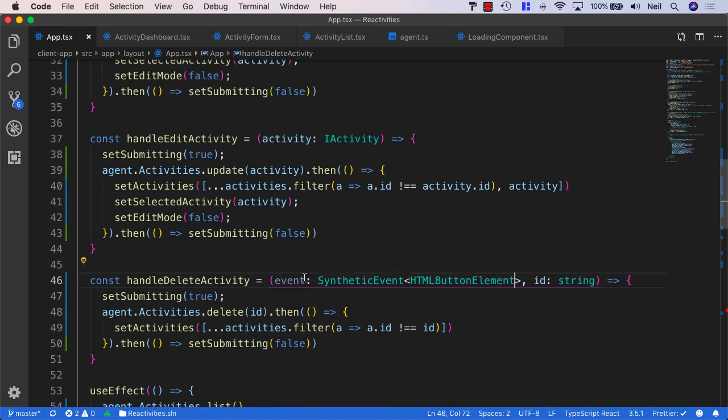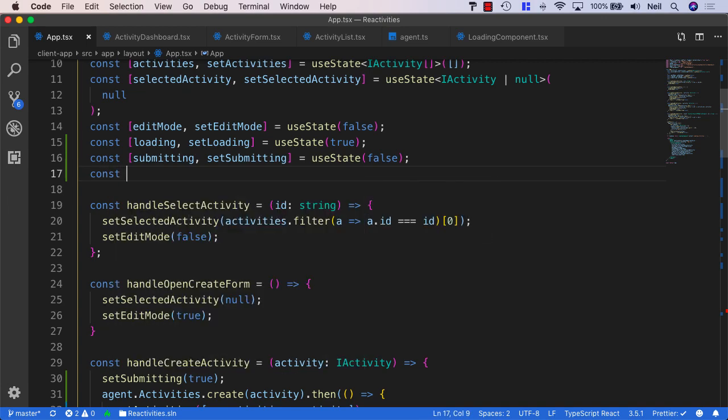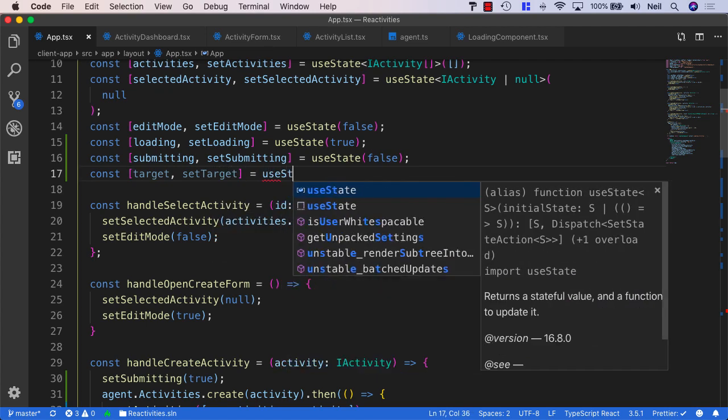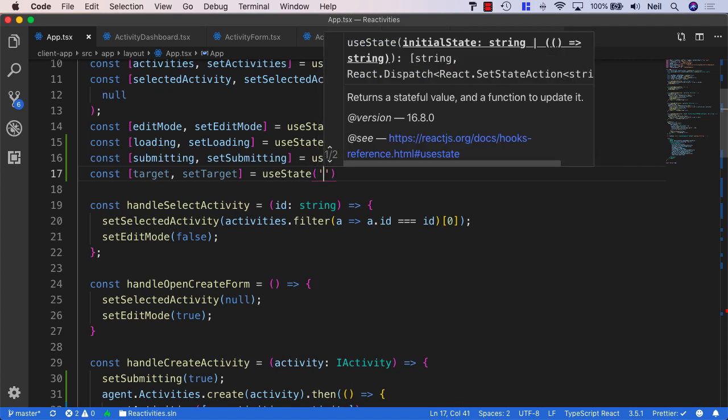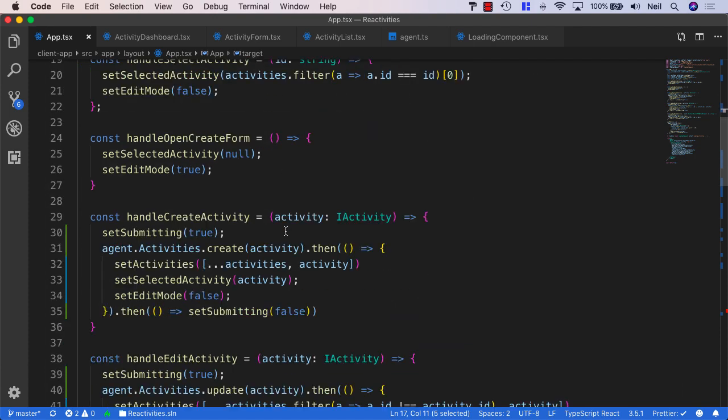Well, what we can do is we can add an additional piece of state in our component, and I'm going to say const target and setTarget equals useState, and we'll just set this to an empty string, because the target in this case is going to represent the button name, which is really just going to be the name of the button that's been clicked. And inside our handle delete